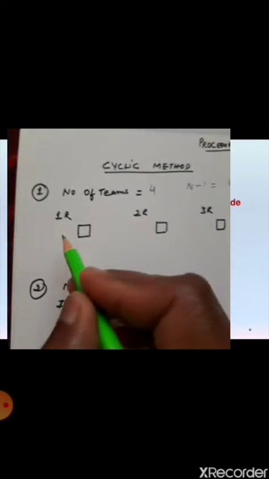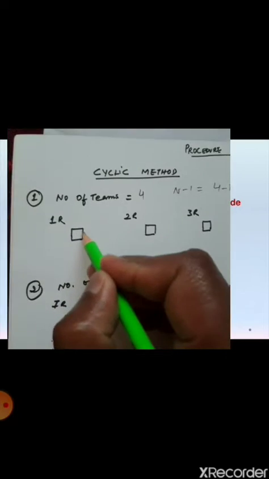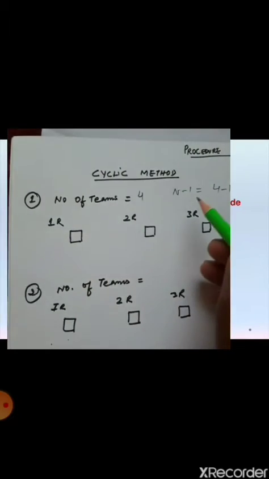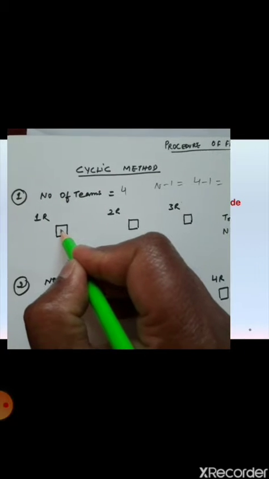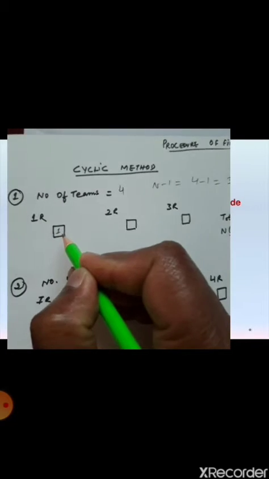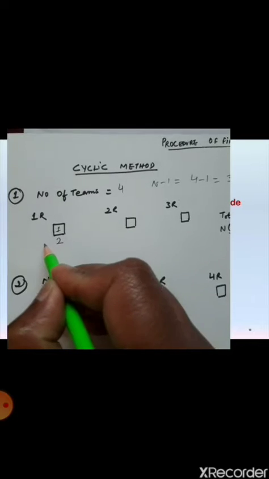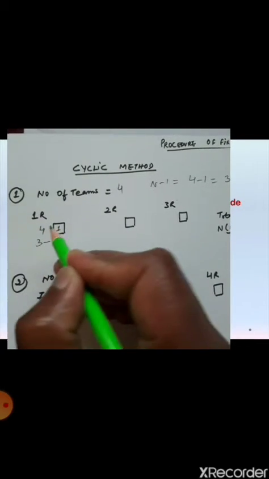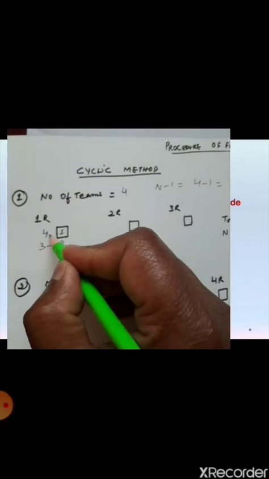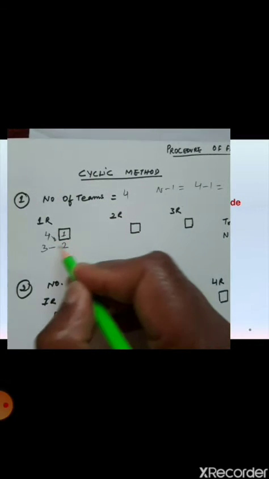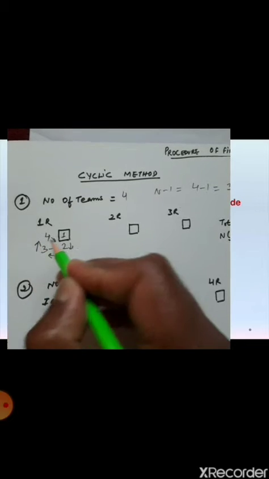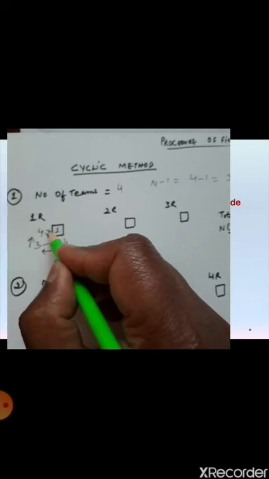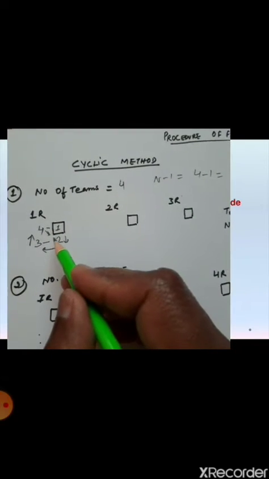All right, so I have already taken this. Now what you have to do is make one box on the right hand side. The number of teams was 4, so we will write it here. Team number 1 we will fix on the right hand side like this: 1, then 2, then 3 and 4. So this is the first round, and the teams will move around here in the clockwise direction in front of team number 1, which is fixed. So these are the matches for the first round.